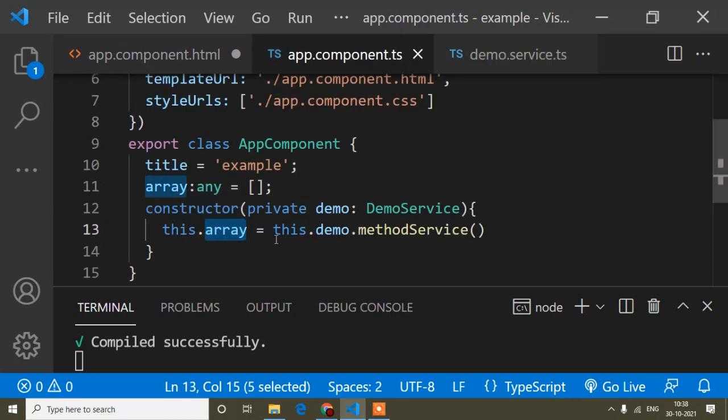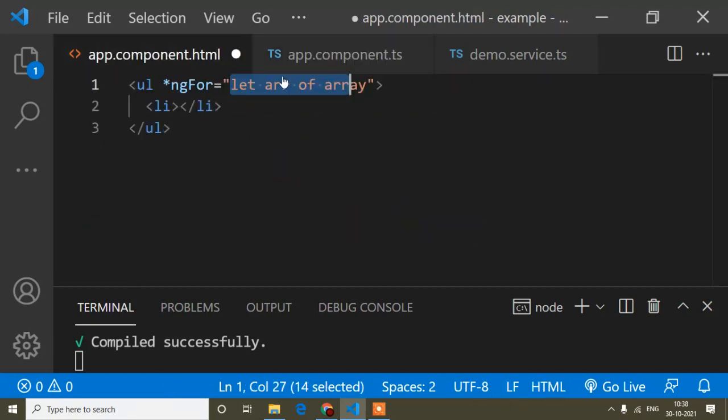I'm getting this array in the array variable, but I cannot use this array in our HTML file directly. That's why I have stored the same array again in an arr variable. This is a variable because, you can see, I used the let keyword for defining it. Whatever is in this array variable, I have now assigned to this arr variable.